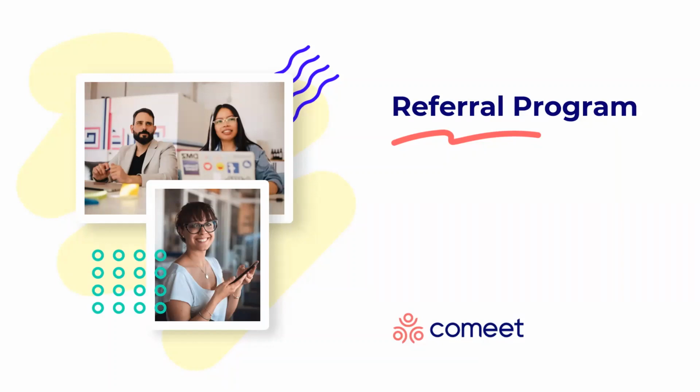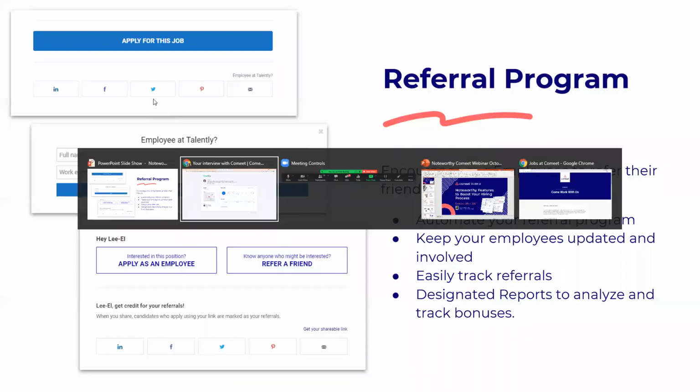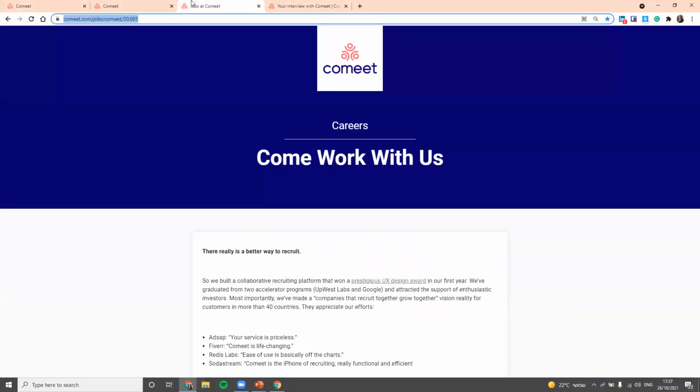And it automatically has built in the Comeet referral program. So the Comeet referral program allows you to automate all of the referrals that you're receiving from your employees. In addition to updating your employees about open positions and the status of their referrals, you'll be able to easily track them within Comeet, prioritize these candidates accordingly, and we also have designated reports for this topic specifically. I want to show you a little bit how it looks like and also address the settings, and then we'll have time for questions. So just going back over here to my browser,